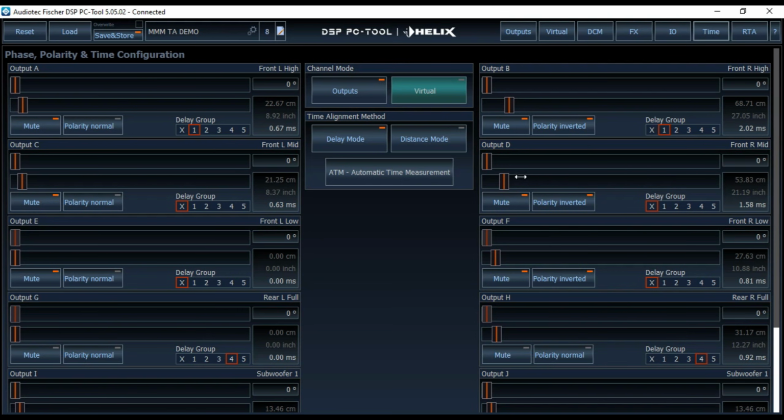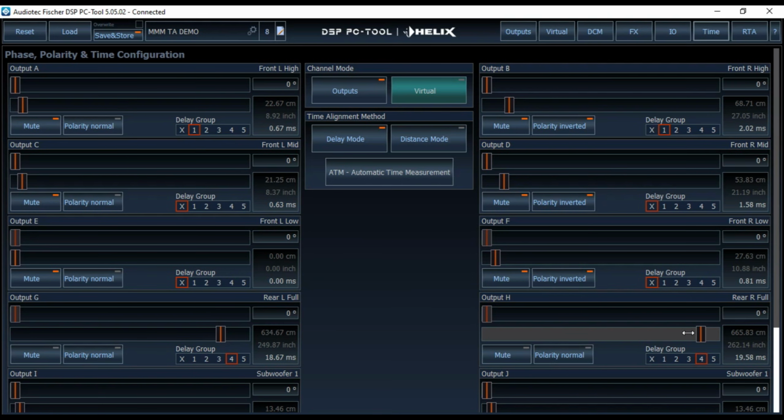So 18 milliseconds on top of 1.58. So 18 plus 1.58 would be 19.58. So we're going to slide this all the way through to 19.58. And you've got to be careful, because if you hit one of these end bumps, even though things are grouped, it will muck up the relationship between the two. So 19.58. Oops, there we go. Alright, so that seems like a lot of delay, but that's what creates the effect. Alright, with that dialed in,